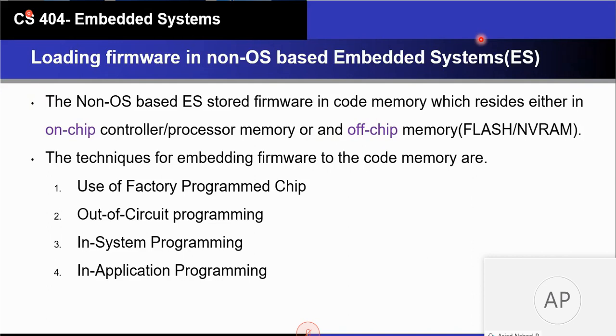So basically, if you are developing a device like an AC, we know that not much memory is required for its firmware. In the air conditioning case, mostly there will be an on-chip controller. But if you are seeing more complex devices with more complex features, which have to be done with the help of the firmware, then the memory associated with the controller will not be sufficient. So in that case, we have to add one extra memory to it where the firmware can be loaded.